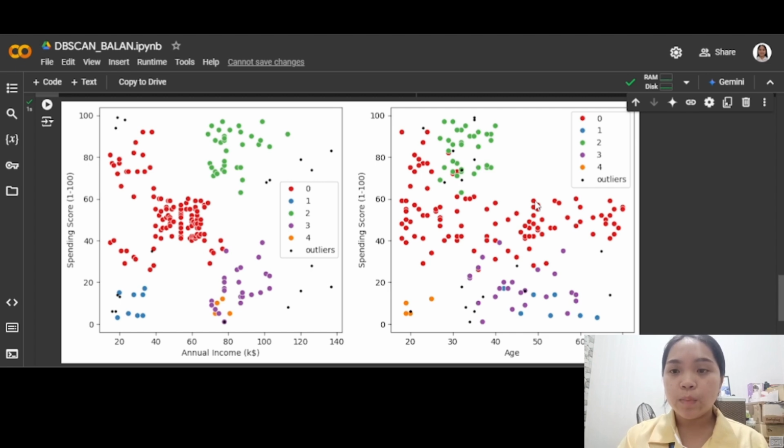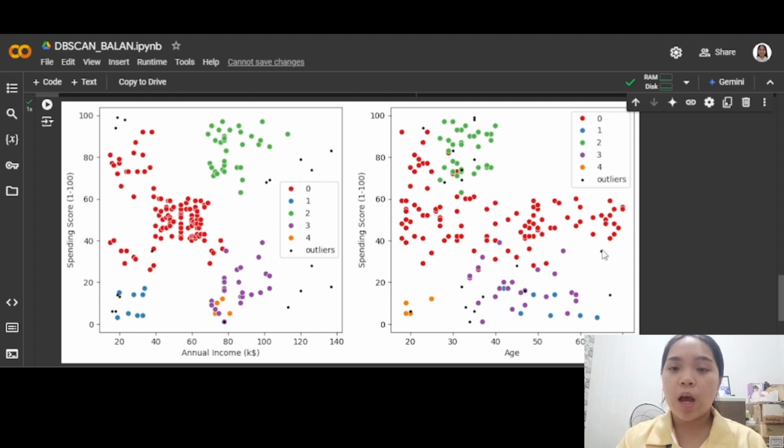So in here, we can see the group of customers who have high income and high spending score. Meanwhile, there are also customers who have moderate income and also moderate spending score. On the other hand, there are customers who have low income and low spending score. On the other visualization, in which we use the features spending score and age, we can say that customers who tend to be young have high to moderate spending scores, while older customers have only a moderate spending score.